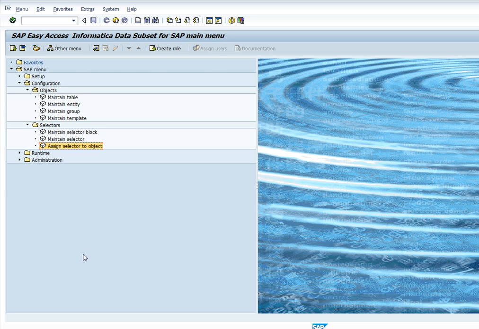So now we've created our single table group for table T528B. We've created a selector that defines the fields of that table that we're going to be able to provide selection criteria for, and then we assign the selector to the group. So let's go ahead and create a project